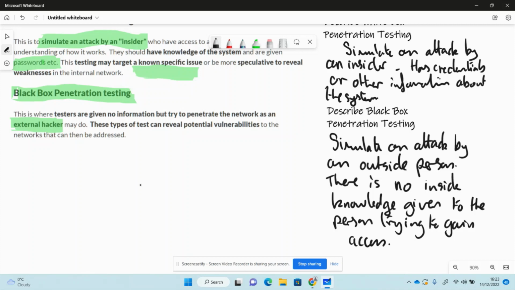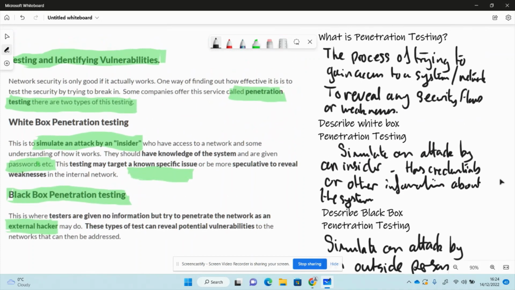So you don't have any passwords or usernames. You'd have to find a way of finding a username or a password, or trying to crack that, or trying lots and lots of combinations to try to get in. So that's the idea of black box testing. And the idea we had before of white box testing is where you've got these credentials, they're given to